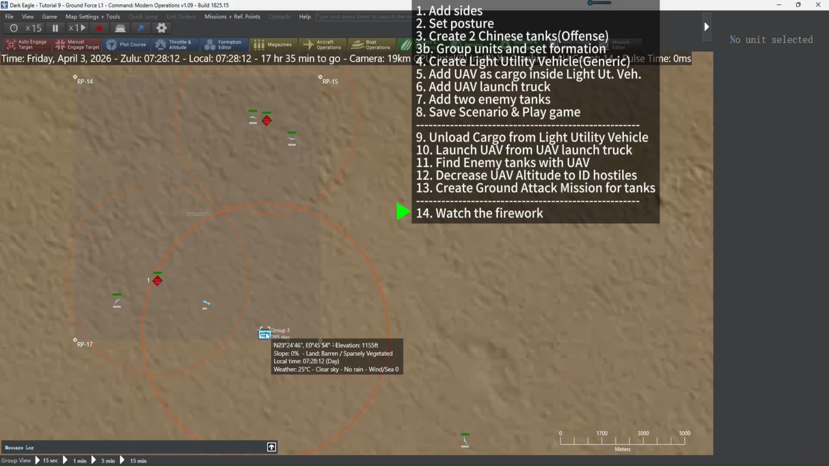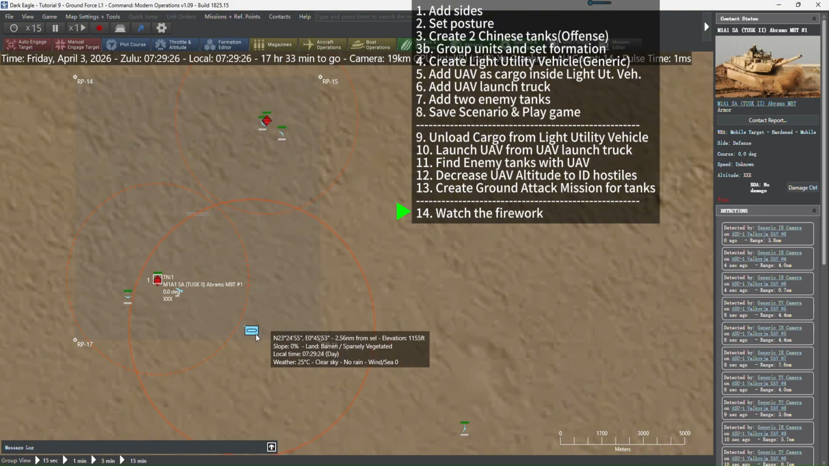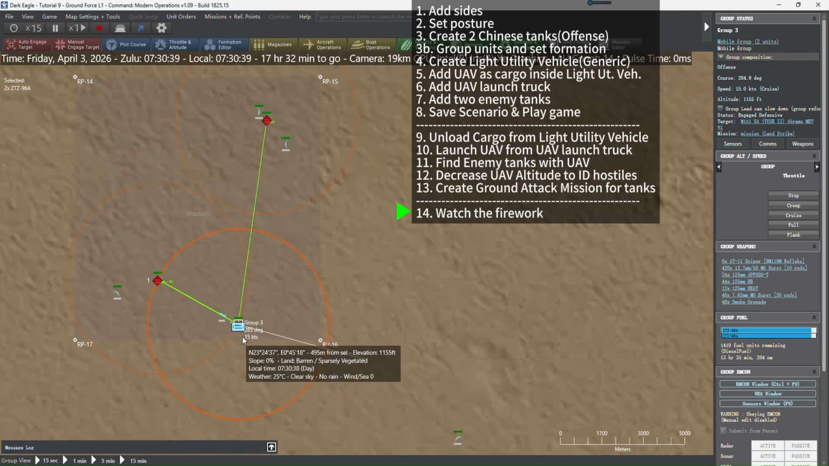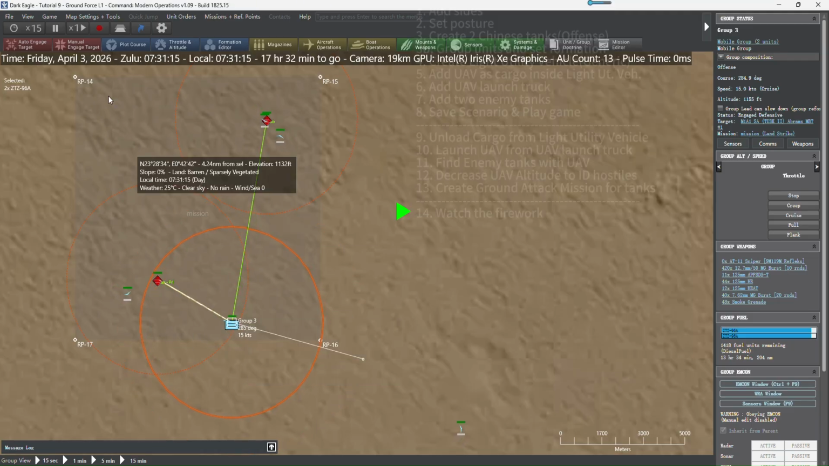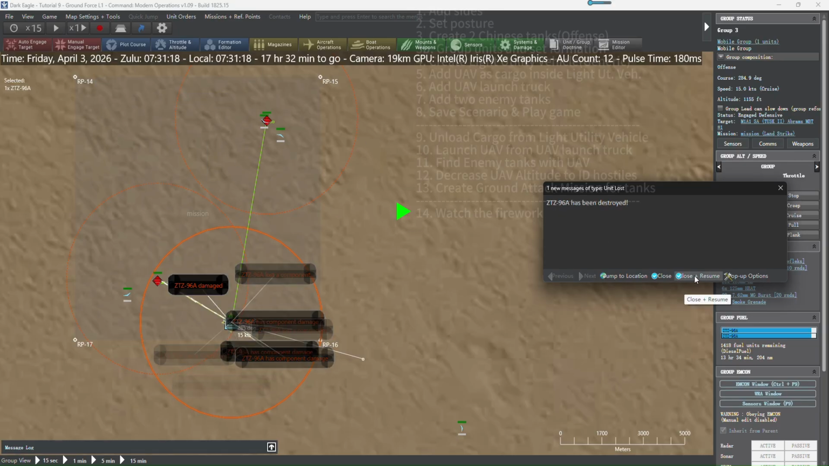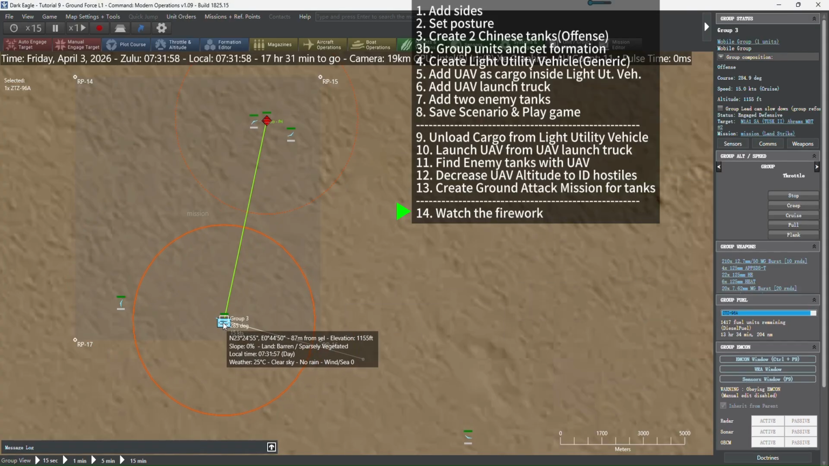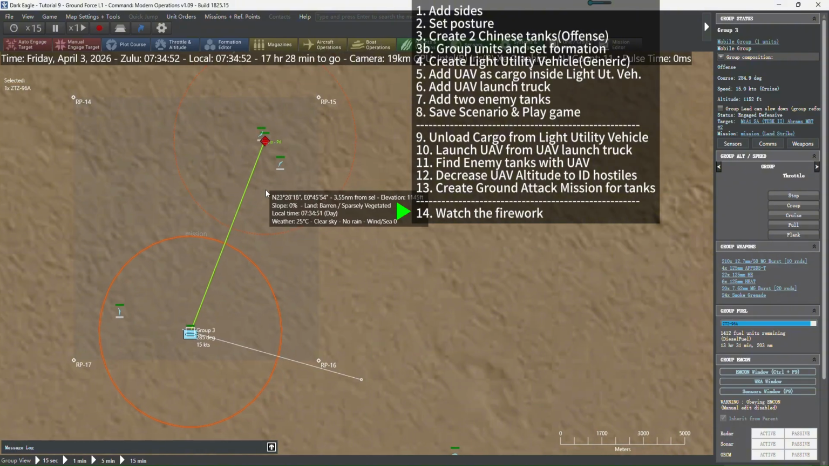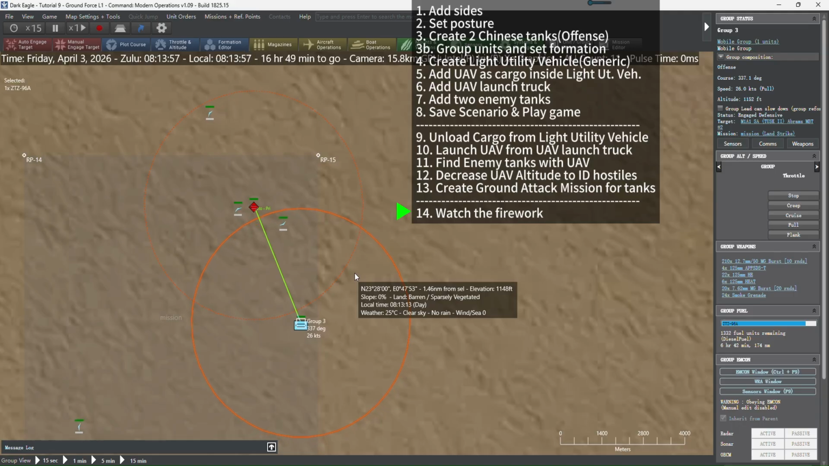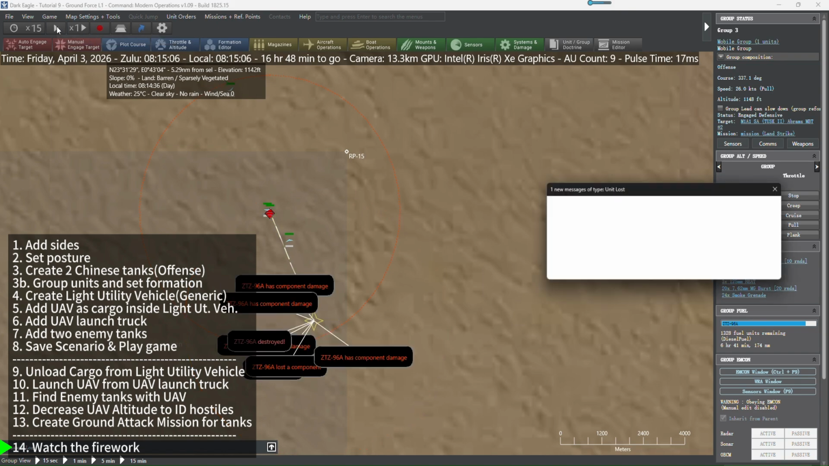Okay, firing missile. See, they're getting closer. Enemy firing back. Okay, now we lost one of our ZTZ-96As. That's not good. Okay, the enemy is destroyed. Now let's see if we have people to take it. Okay. Firing at each other. Okay, we lost our